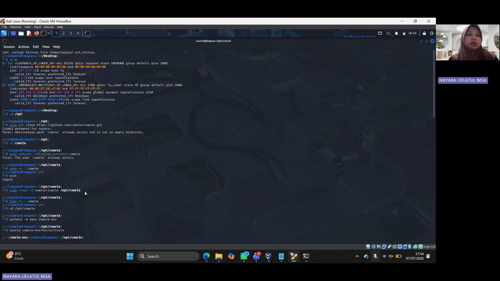After that, I configured the ownership of the Cowrie directory, switched to the Cowrie user, created a Python virtual environment and activated it. This virtual environment provides an isolated environment for running Cowrie and managing its dependencies.